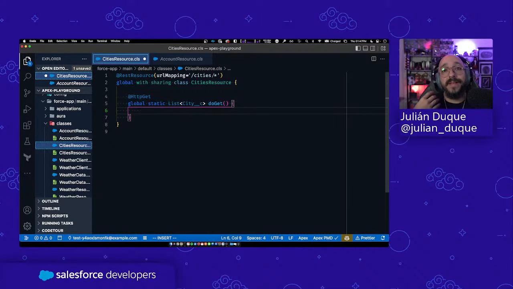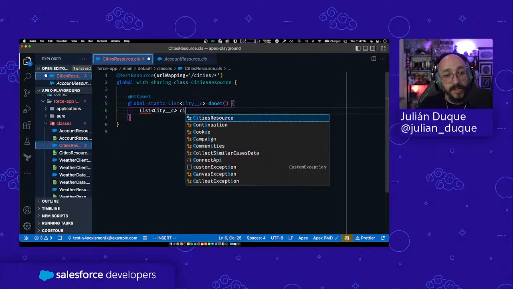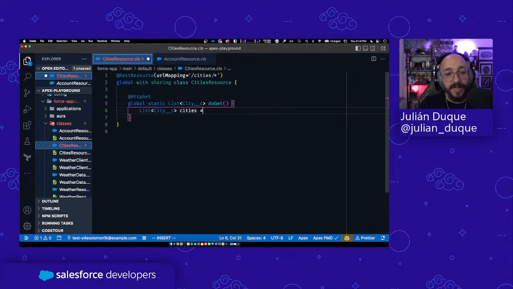I don't need to do anything else like we did on our Node.js application. I just retrieve the cities, and I'm using the underscore C because it's a custom object. So I'm retrieving the cities by performing the query. So I'm getting the name, and I'm getting the